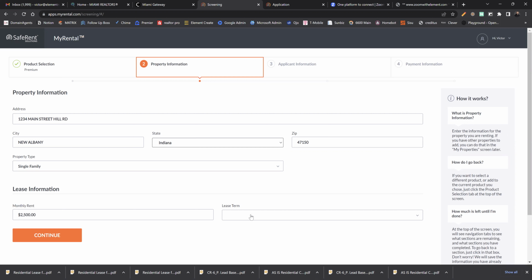So we're going to put 2,500. Lease term 12 months. Again, this doesn't really matter, but it asks you for it. The reason it asks for it is because I believe this system is meant for landlords, so landlords use it a lot. If you're a landlord and you're screening a tenant, you're putting your property address here for organizational purposes and all that. But for us, we just really want to get to the credit and background. After this, we hit continue and go to number three,